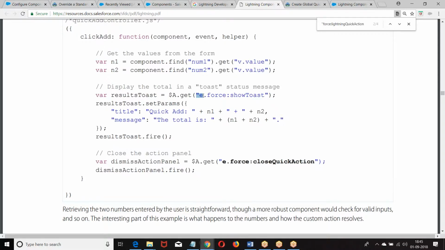Because it is a standard action, what have we done? E dot force. What is the namespace? Force. We give E dot C because it is a custom namespace. So here also E dot force is the namespace of the event. What is the event? Show toast.